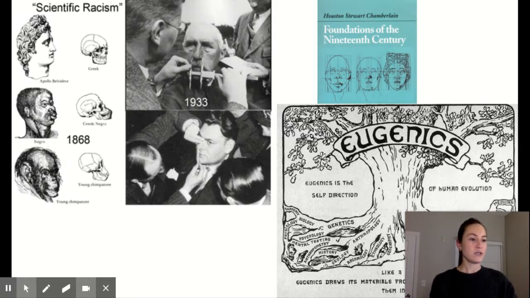We also see during this era that it is really influenced by the growing nationalism. So we know that in the mid 1800s and onward, nationalism is a strong force. And so ideas about one race or one society being better than another start to become really useful if you're trying to stir up nationalism in a certain place. One person who pushes this forward a lot is Houston Stewart Chamberlain, whose book is up there in the top corner.